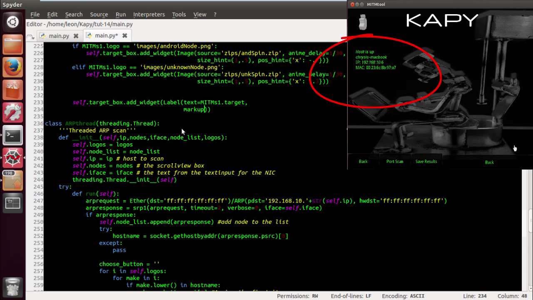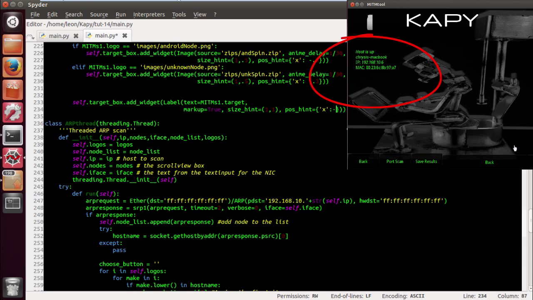And let's do some formatting here. Markup equals True. Size hint equals 1:1. And pos hint equals